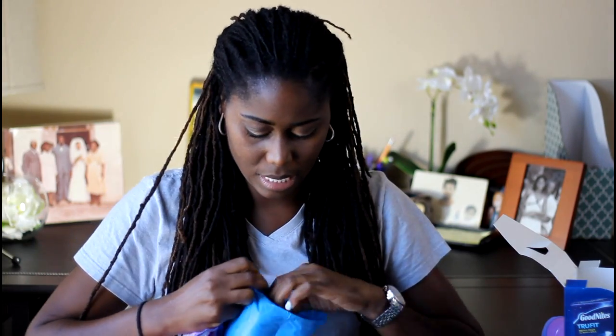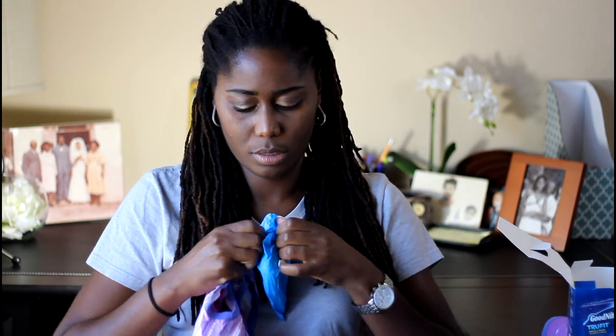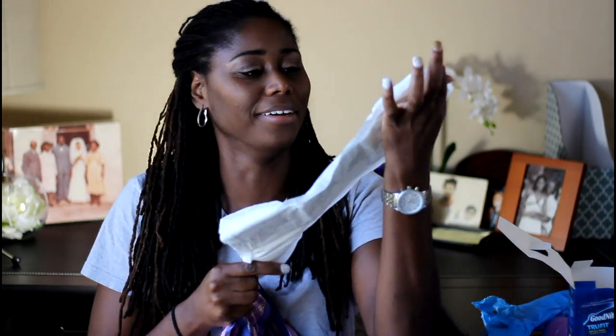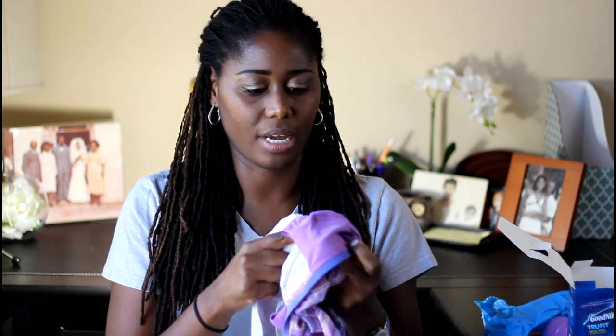So in the pack, it comes with 2 panties. And then it comes with these. Kind of look like pads, right? So you open it up and that's basically what it is, like a huge pad. And so these are special little panties. Let me turn them inside out. They have this little pocket on the inside where you can put this little thing